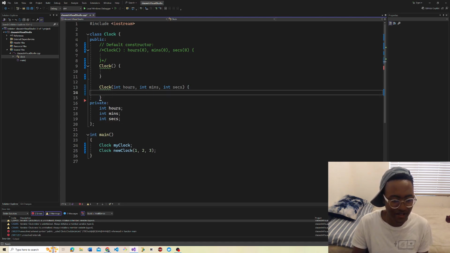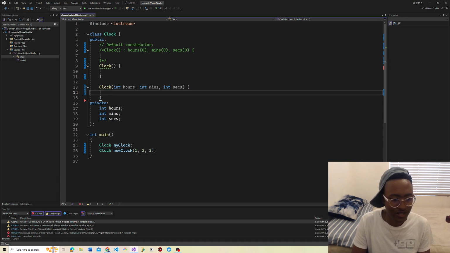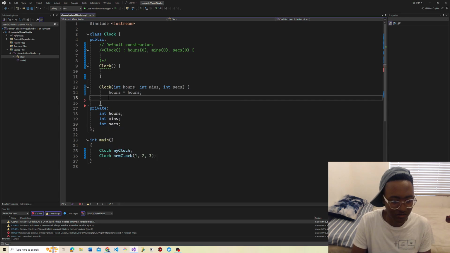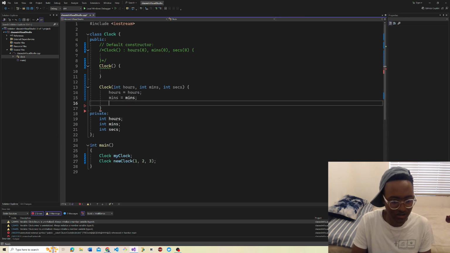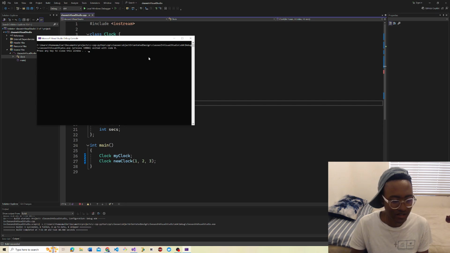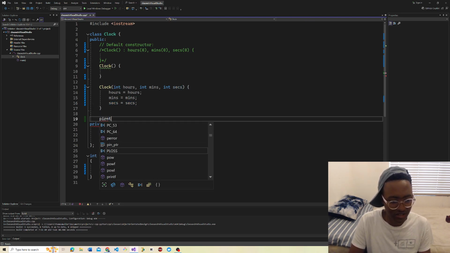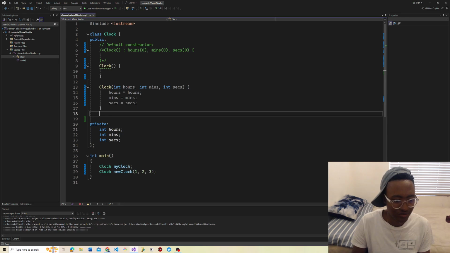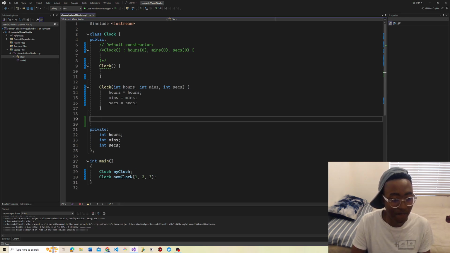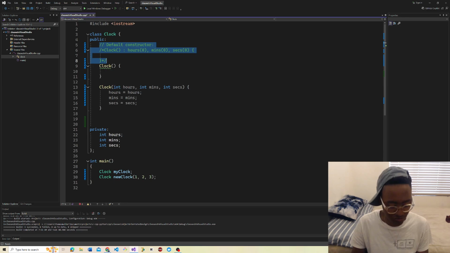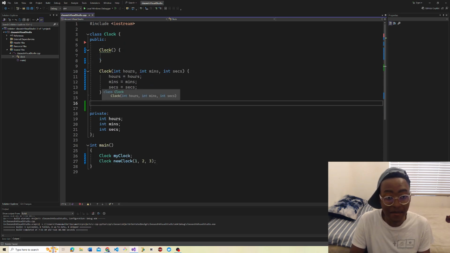So obviously I would do hours is equal to hours, mins is equal to mins, and secs is equal to secs, like that, and then it works. So that's my clock class, and if I wanted to have a print function, which will be a public member function or member method,